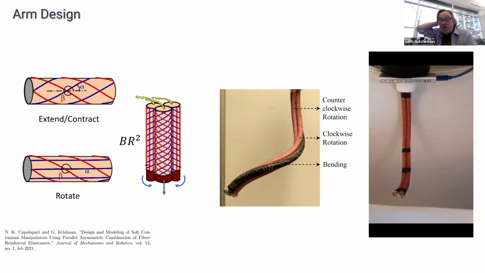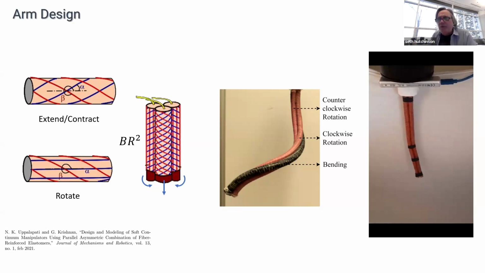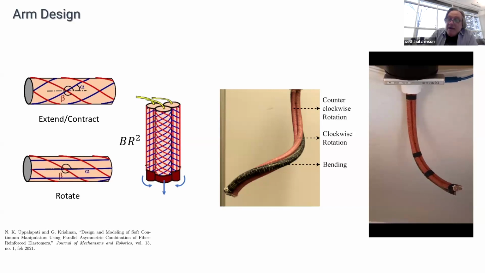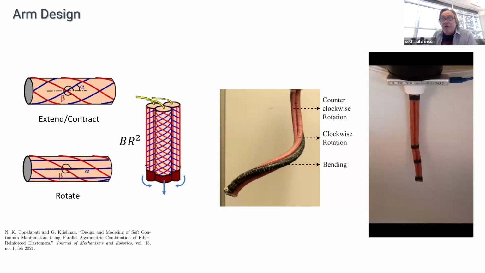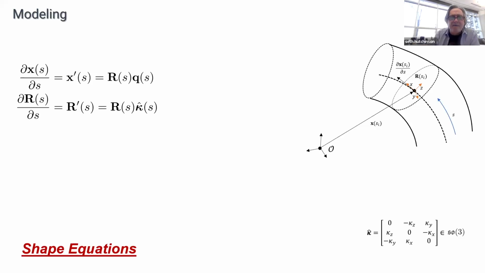And the only thing that's causing it to move is changing the air pressure in 3 rubber tubes, or 3 flexible tubes. I'm not sure they're rubber. Each one of them has a distinct wrapping pattern, so you can think of them as forming a kind of basis in the vector space of motions available to this robot, right, in its otherwise infinite dimensional configuration space. How do you model that?